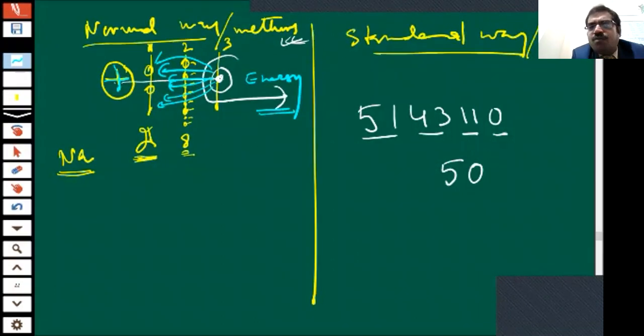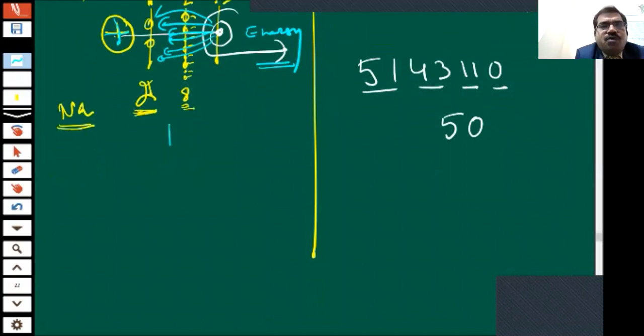We require some energy, children, to remove this electron. Energy may be less or more; that is a different issue. But energy will be required. Isn't it? Sometimes we give more energy also, and then also we cannot remove electrons. We require a lot of energy to remove the electron. So there are many cases where the electron can be removed easily and where it cannot be removed easily. Generally this is the situation.